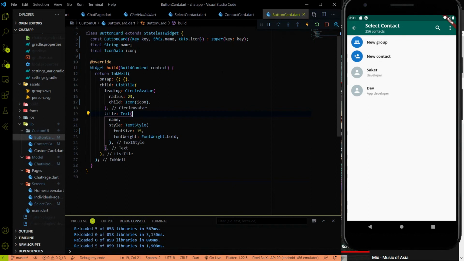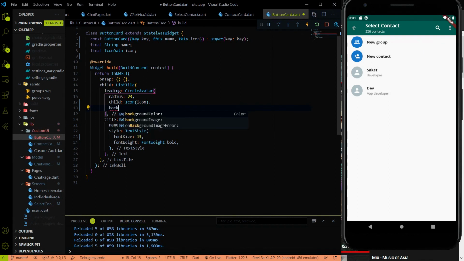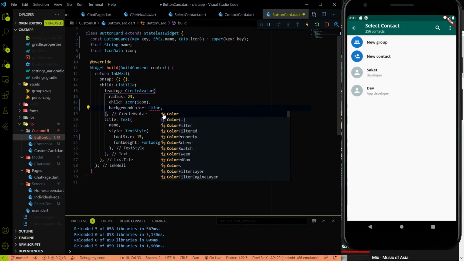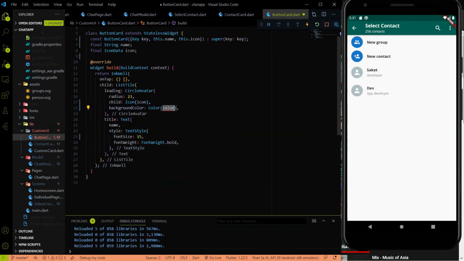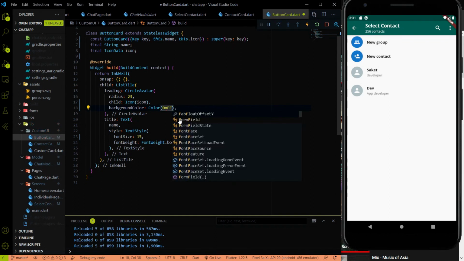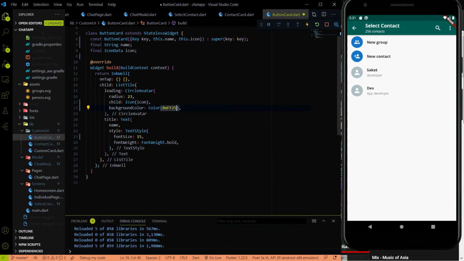So let me go to the button card, and I'm going to add the background color. And what will be the color? You will find the color code in the description below. So the color is 0xFF25D366, and let me hit the save.